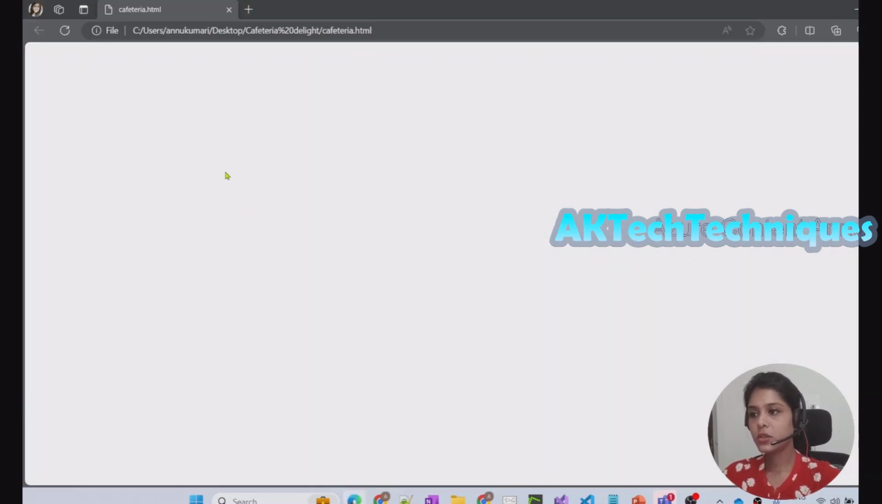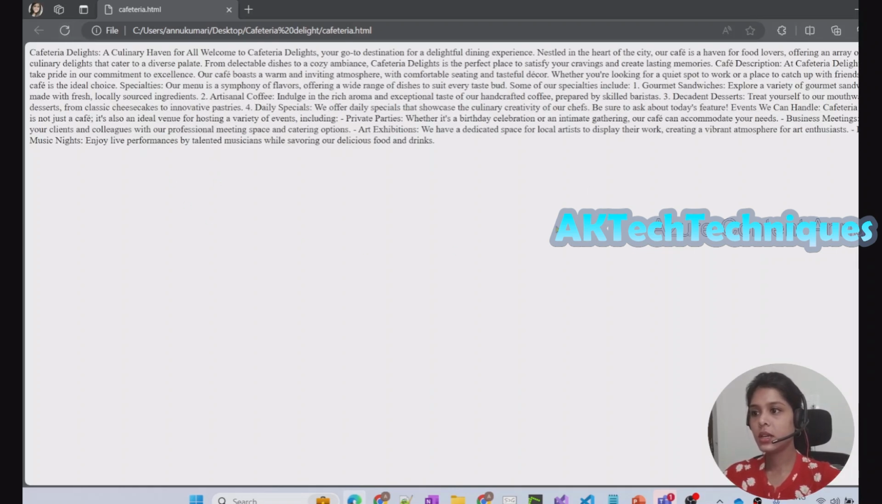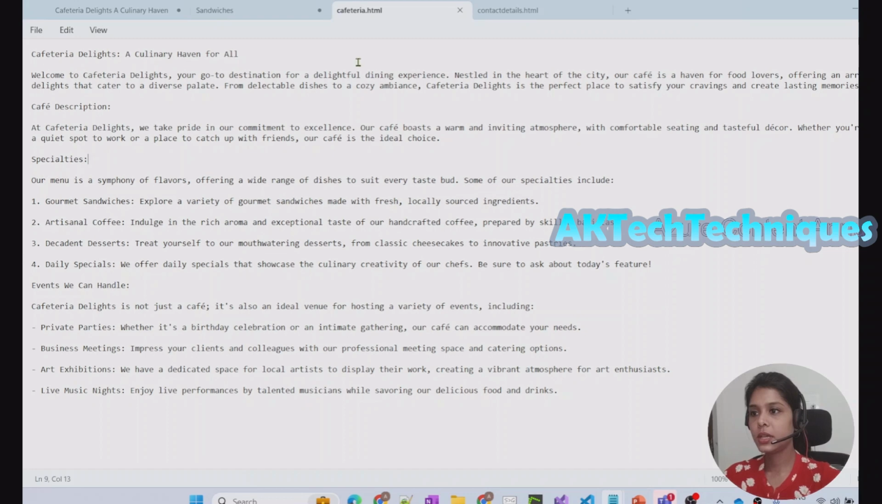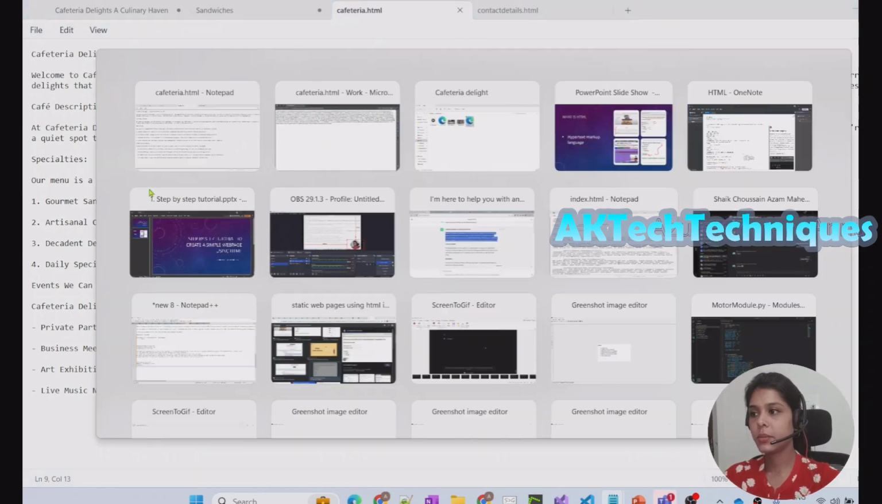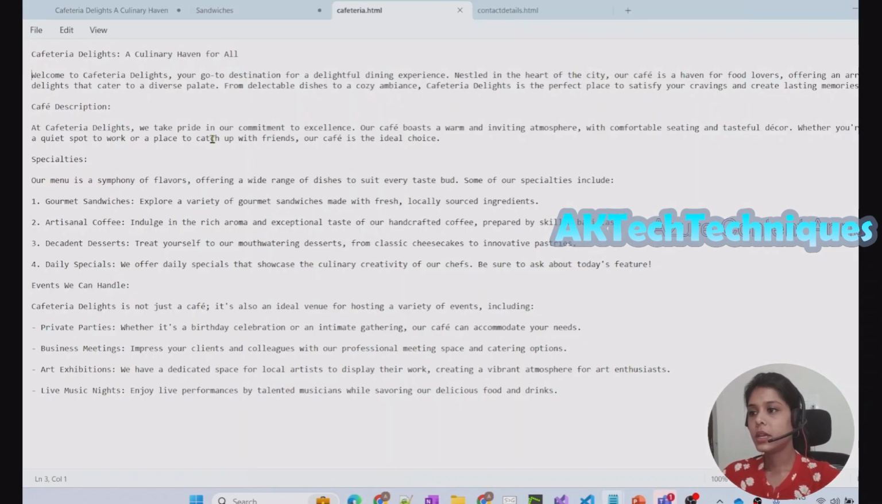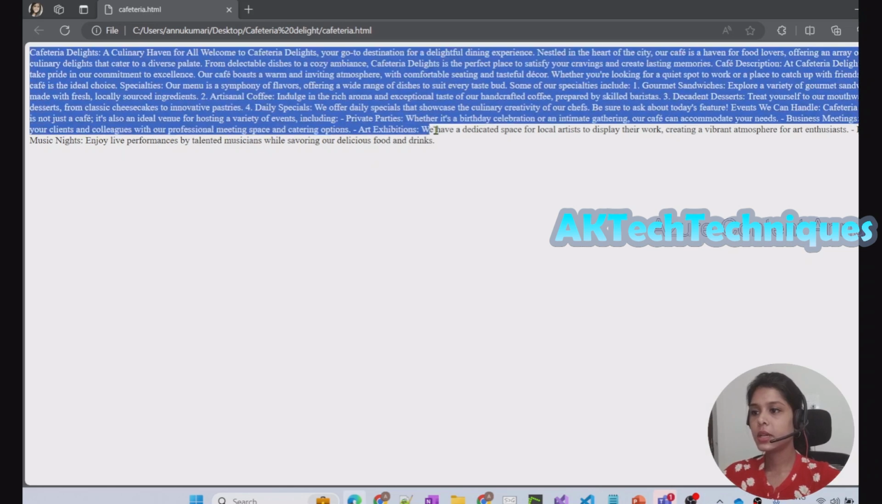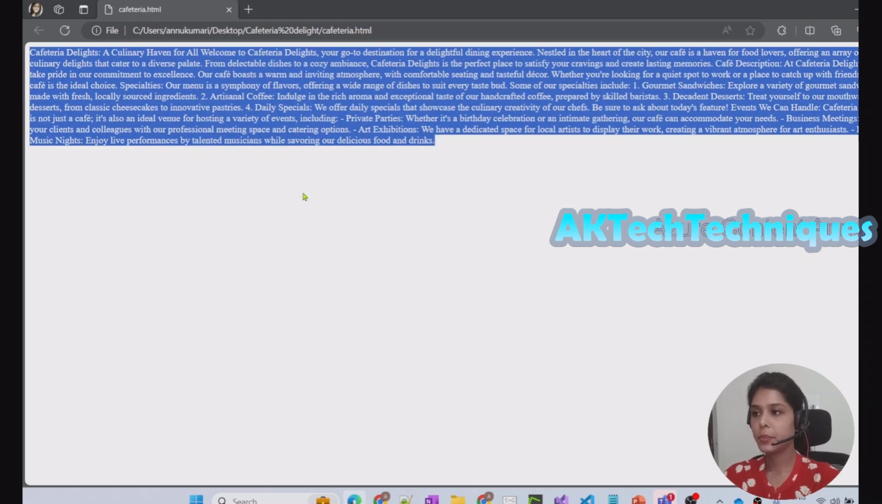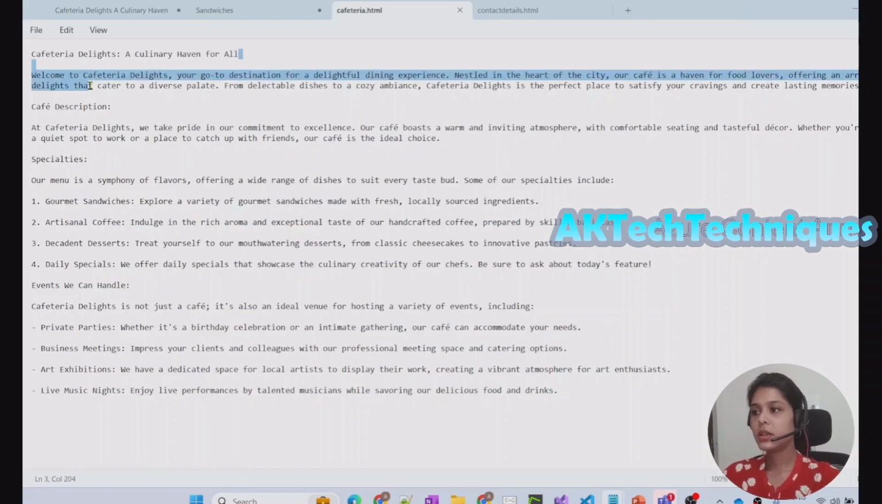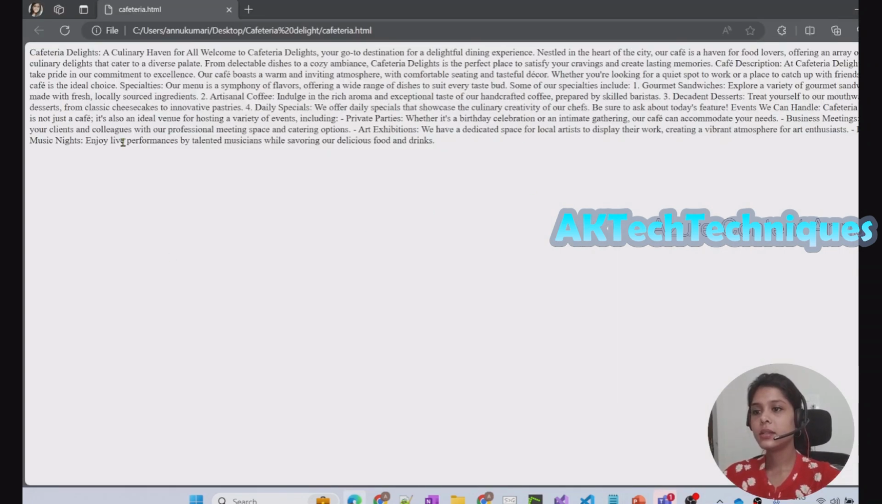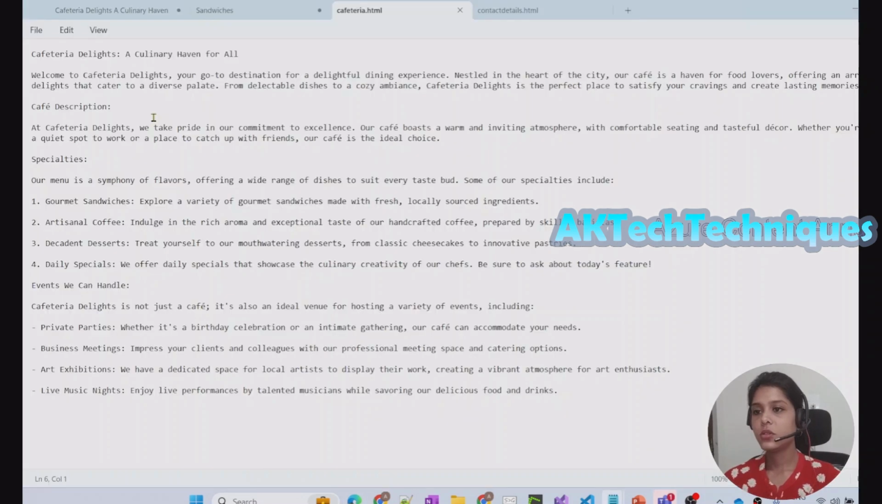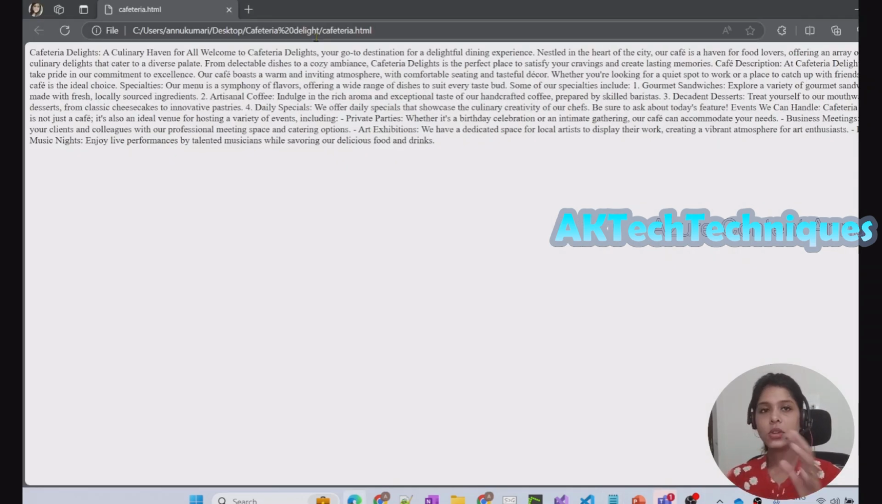And now if I go to the website and try to hit refresh, you can see the details that we have put in cafeteria.html are coming in the web page as well. But if you notice, everything is coming as a single paragraph in the web page. It's not considering the line breaks or paragraphs. So it's just coming as a single line. Okay. So we have to do something in order to change the format and the look and feel of this